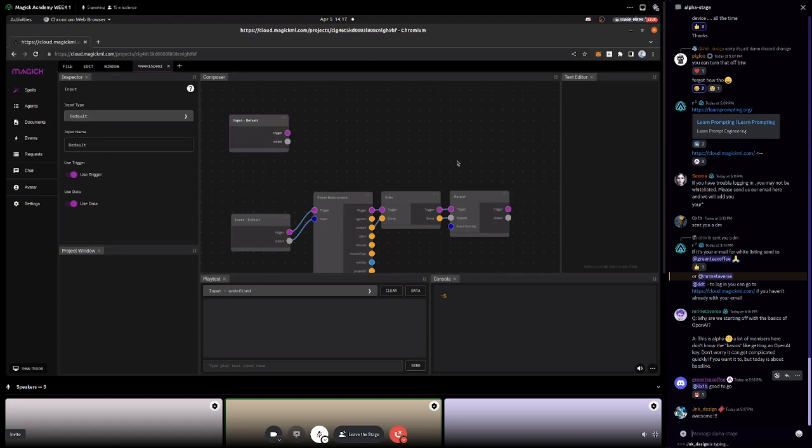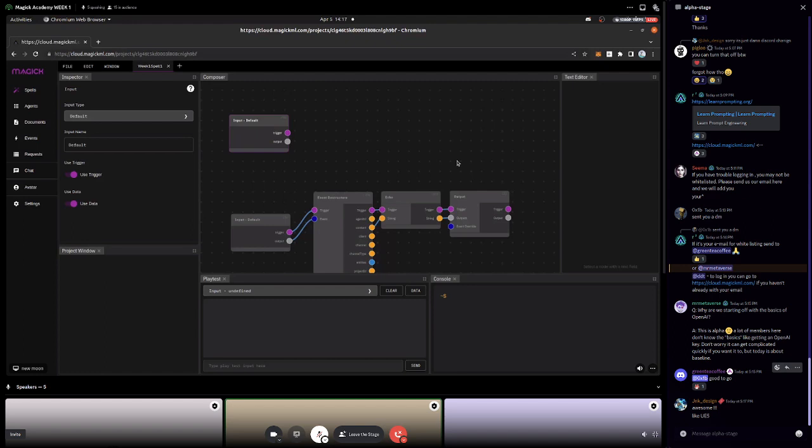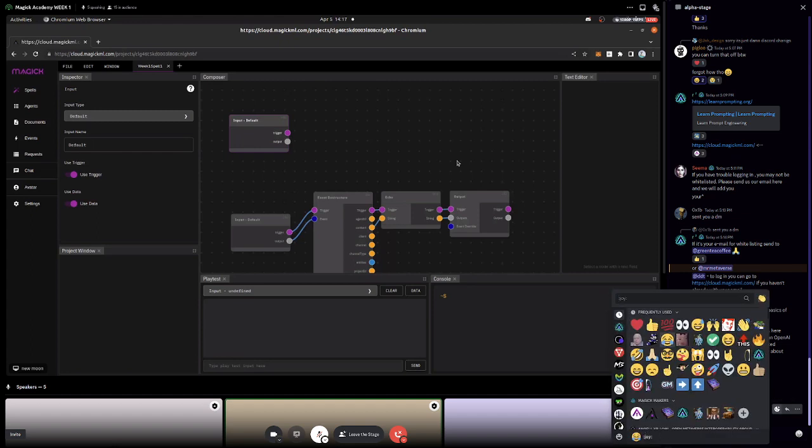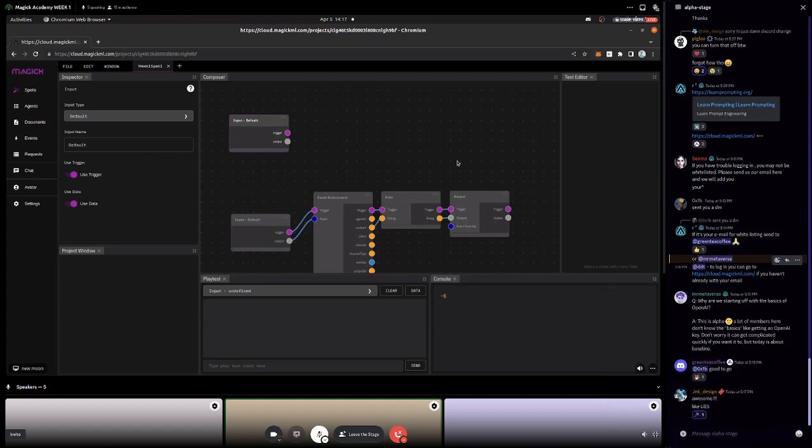But the goal here is not to replace programming. The goal here is really to separate the programming from the flow of your data and app so that, if you're a programmer, you can just make new nodes and then reuse them later. And if you're not a programmer, you just don't have to worry about code at all. You only have to worry about that other side of your app: I have some input, I want to do something to it, and I want to send some output.